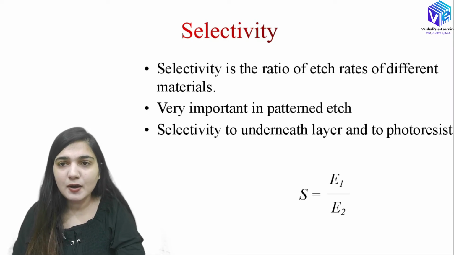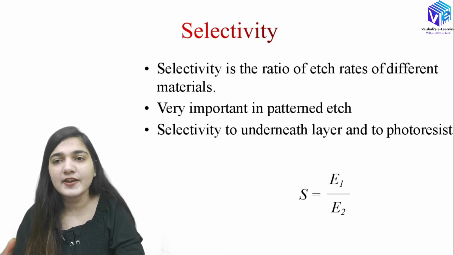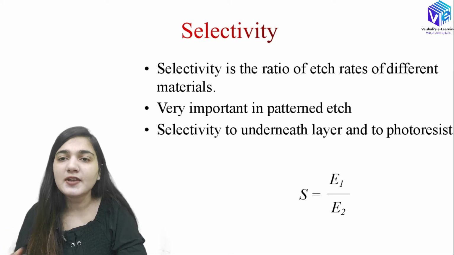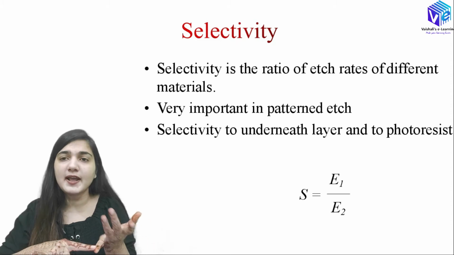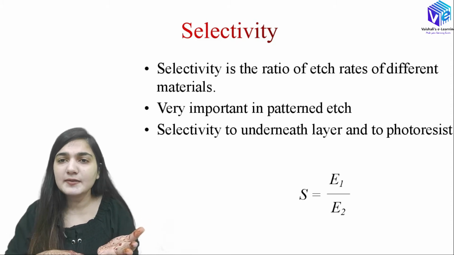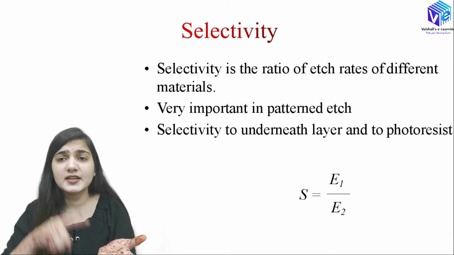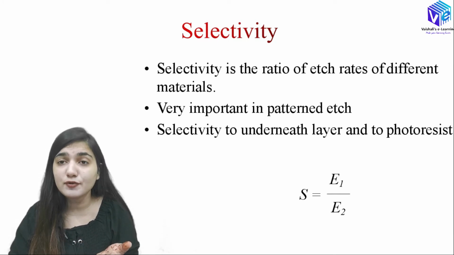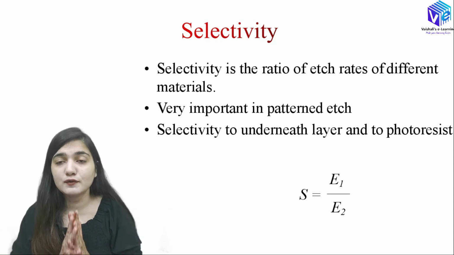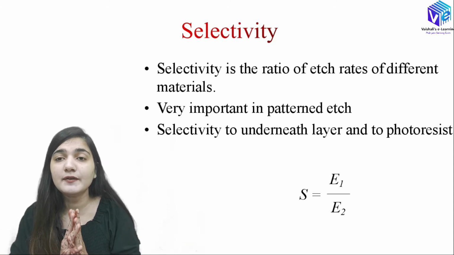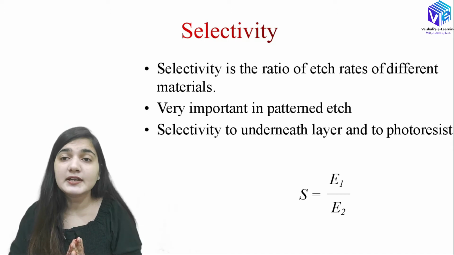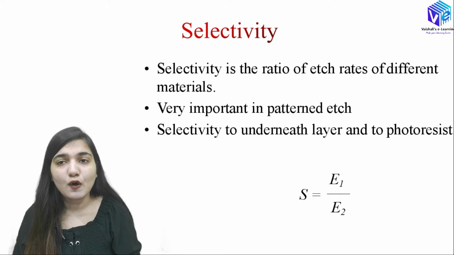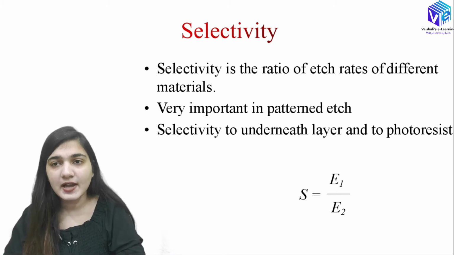So we will be finding out the selectivity, and this is how we can choose a particular chemical for a particular material that we have to remove. Sometimes we have to remove the polysilicon, sometimes the doped silicon, silicon dioxide, silicon nitride, or sometimes the metallic layers also. So the etching can be performed on a variety of materials, and according to the material I have to choose which chemical or which physical process of etching I can use.